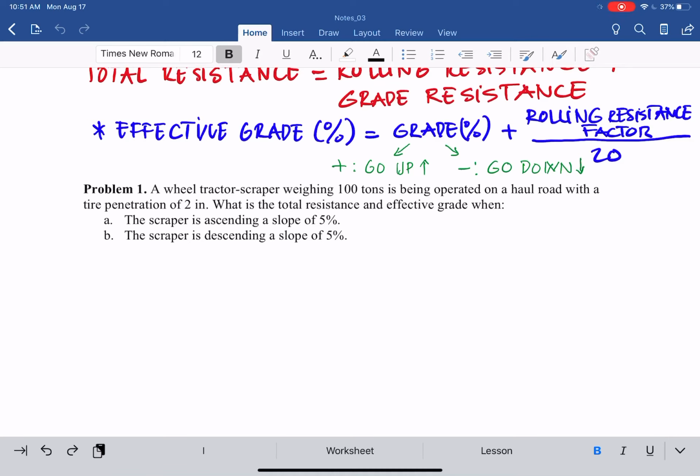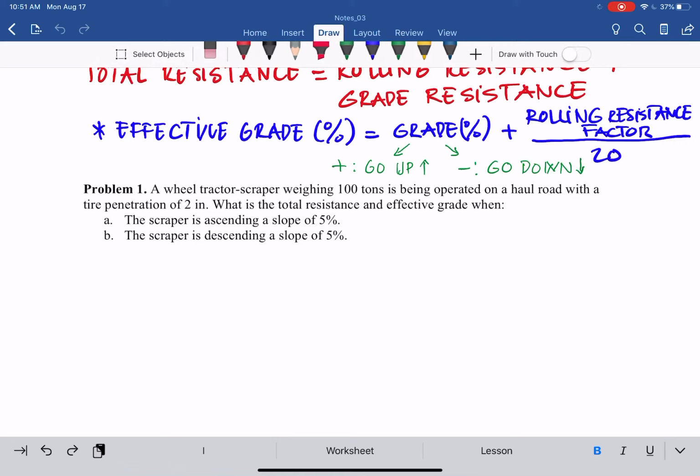So in this case, it goes uphill with a geometrical slope of 5%. Then the scraper is descending a slope of 5%, so it goes downhill. That is the second scenario. With that, we can apply the concept we just learned to this problem. So let's go to part A,